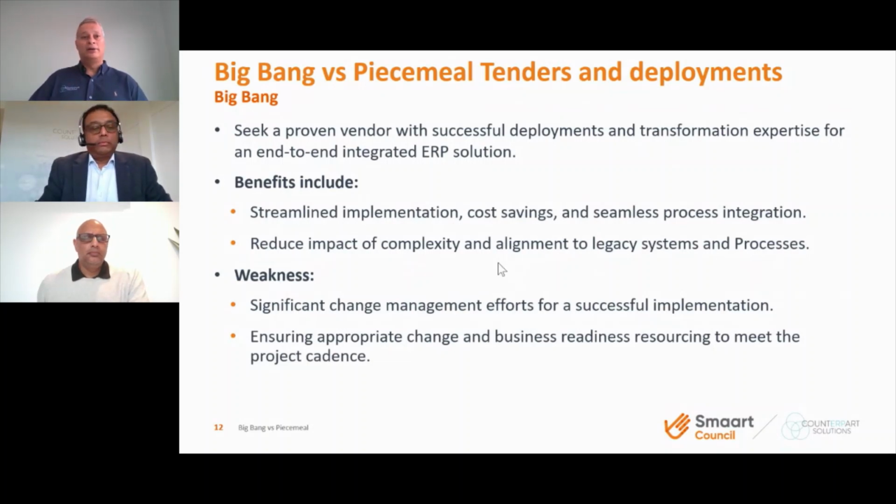So HR, payroll, finance, procurement, customer management, the customer request management, and property and rating within a two-year timeframe. So that is a fairly large piece of work up front. And most of the first year is about helping the business understand what that target state looks like. That can be accelerated to one year, but would need a lot of engagement with the business to rapidly bring them on that journey. So I think it's horses for courses. It'll depend on the council, and it will also look at how effectively you're able to provide that change view to everyone.